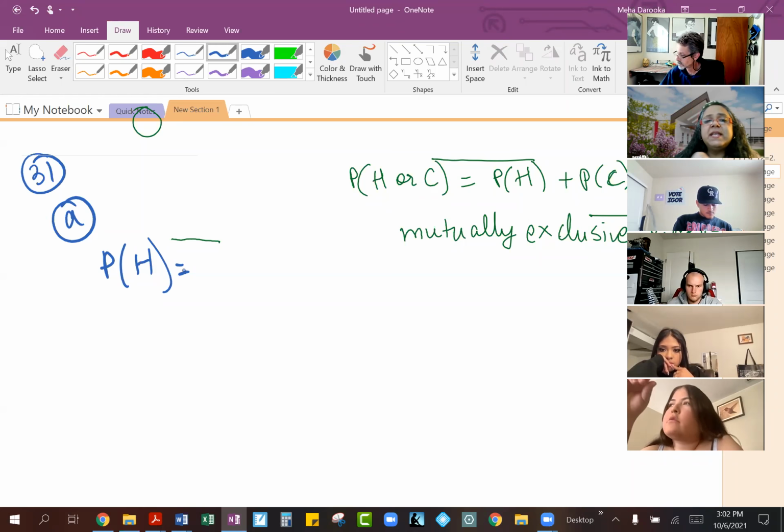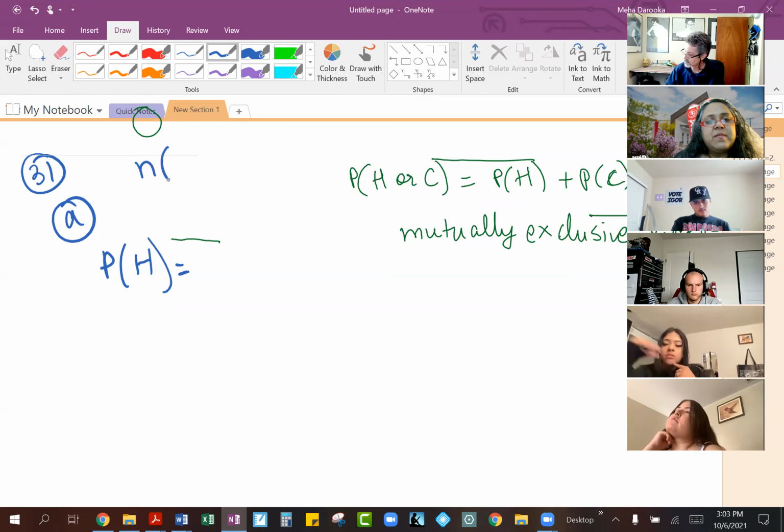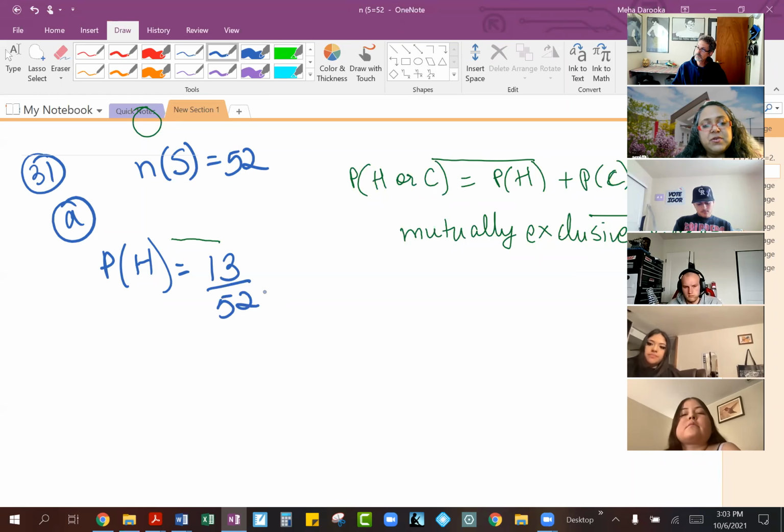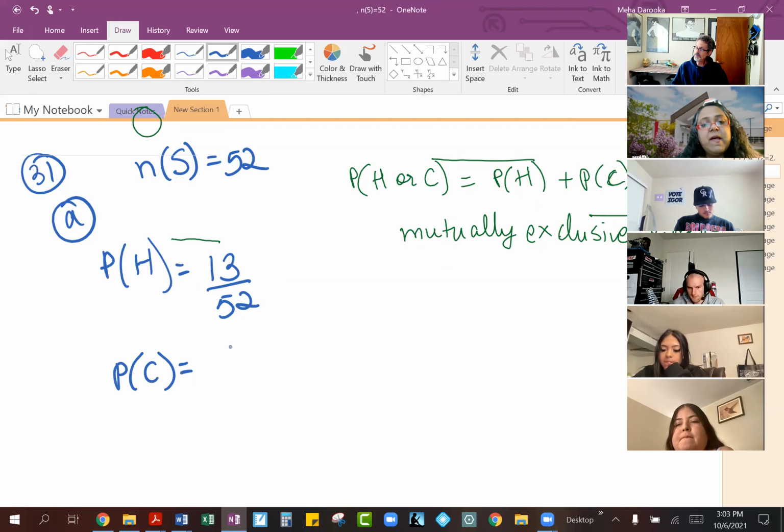13, yeah. So the entire deck of cards, and we can call them our size for the universal set or for the sample space is 52. You have 13 in each suit. So hearts will be 13 out of 52. And okay, Darla, I just saw your answer. It's going to be the same thing for clubs, because a club is also a full suit. So you will have 13 out of 52 for the clubs also.